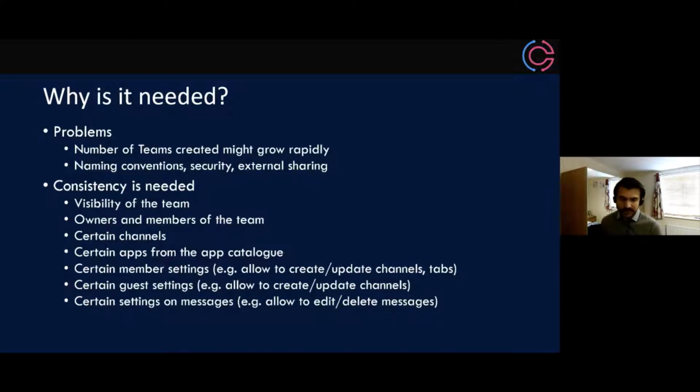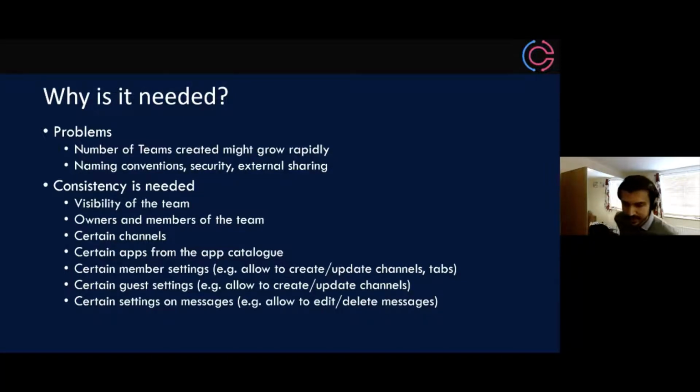People might add some members who are not needed in the team, etc. And then there might be concerns around external sharing as to whether the team should be shared externally or not. So these are the different problems that would have to be dealt with